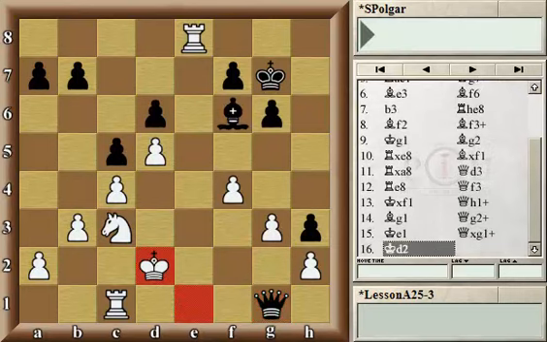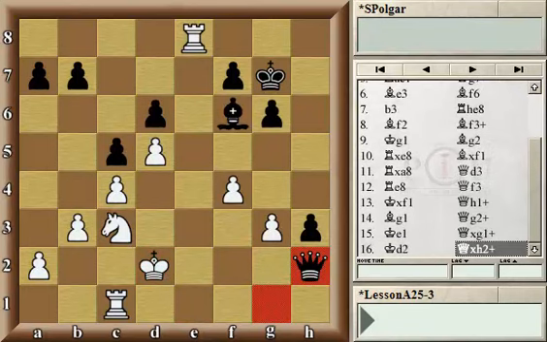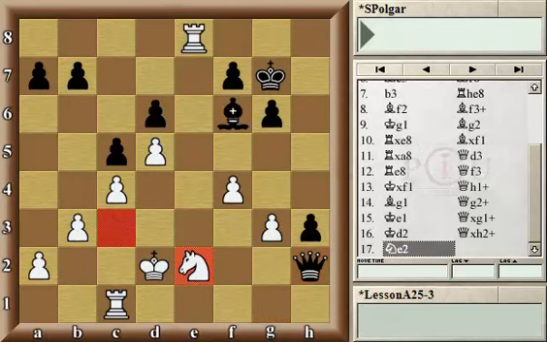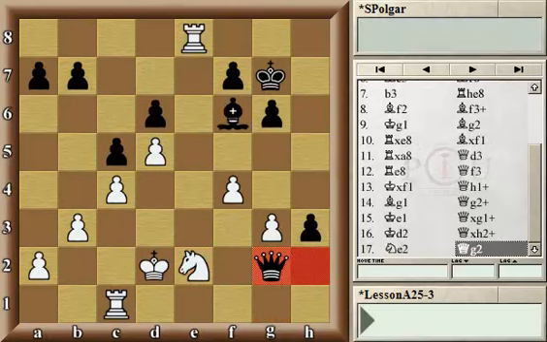And White's position is quite hopeless. In fact, White resigned in this position. There is a cute idea that I'd like to point out though, namely that after knight e2, White would lose,